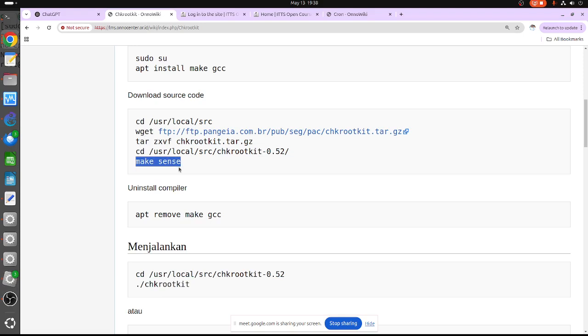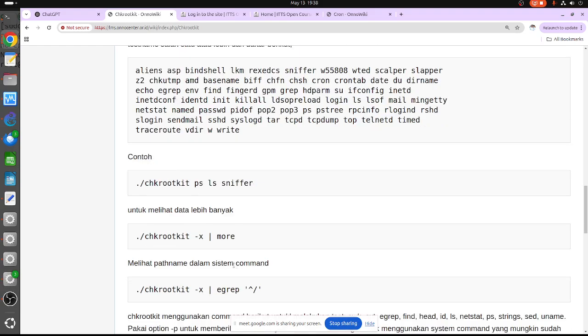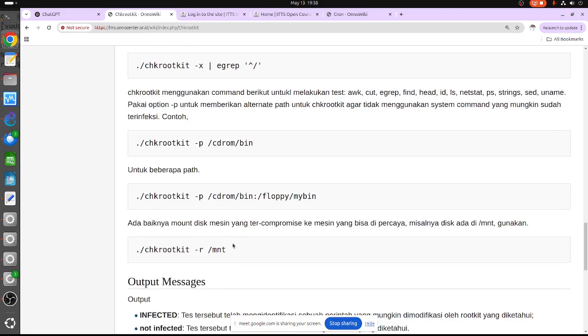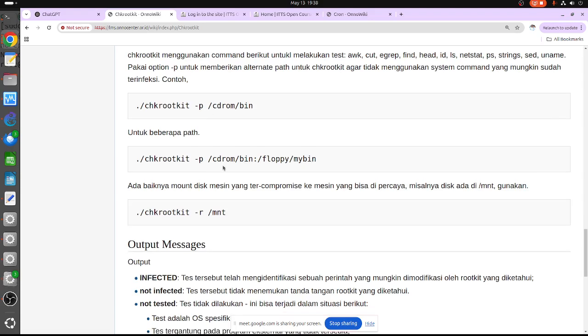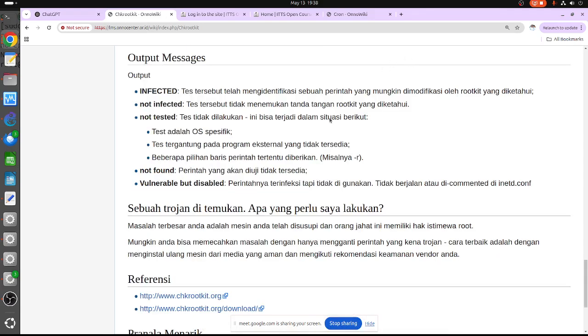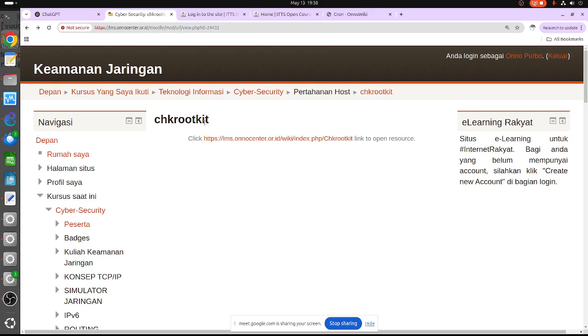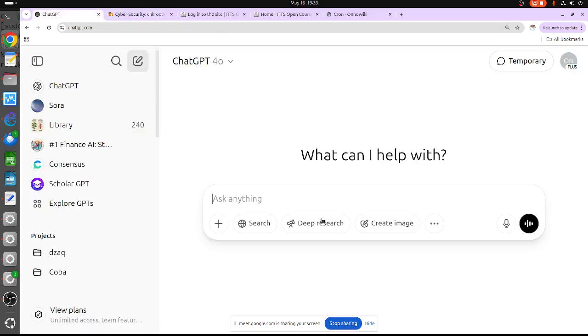Oh yeah, we compile. This is how we compile it, and then we can run it by this one. See, this is more manual than the other one. This one is for checking all the folder, disk, and everything. Okay, but this one is more brutal. So we need to check